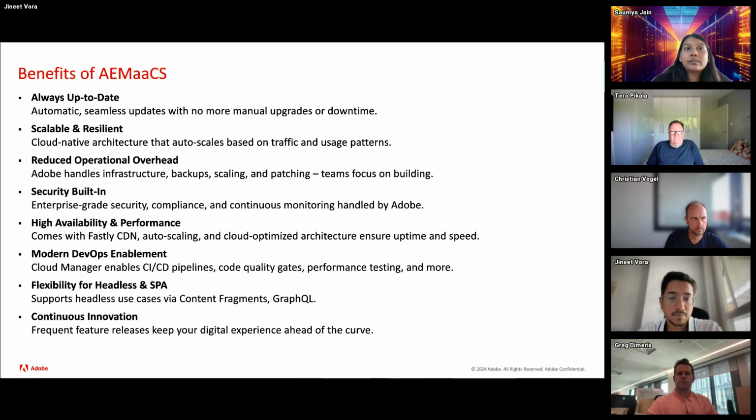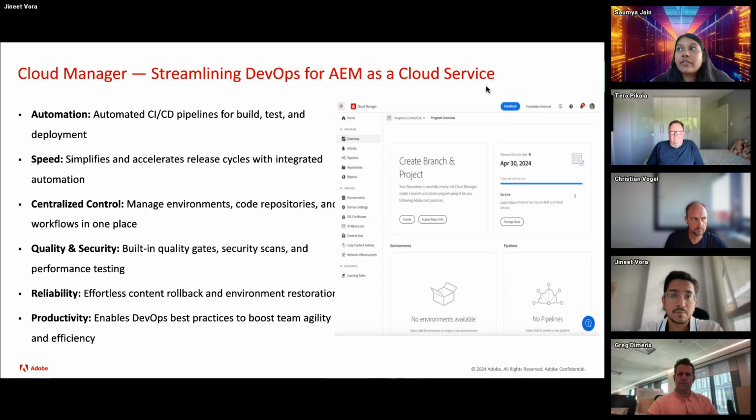And so speaking of Cloud Manager, that's a very interesting feature and a tool and dashboard that came with AEM as a cloud service. Cloud Manager is Adobe's DevOps tool for AEM as a cloud service. You can build, test, and deploy with CI/CD pipelines in a secure and controlled environment.